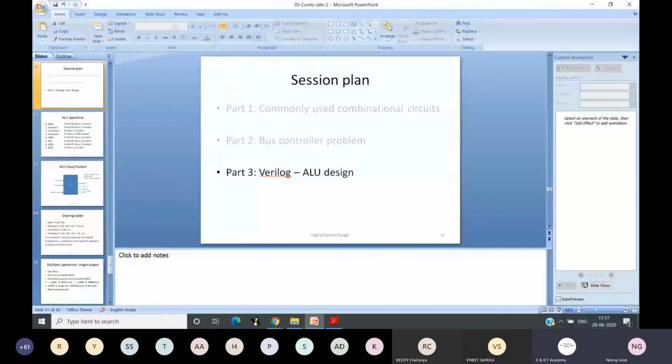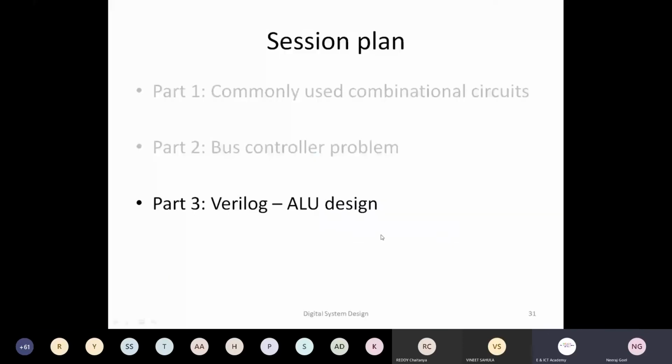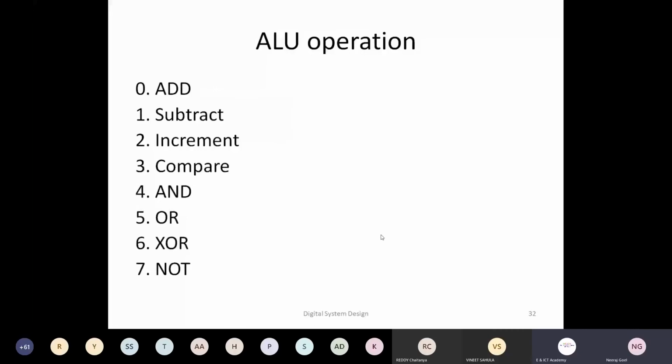Okay, so today in Verilog, what we are going to design is an ALU. The specifications could be various, but for our problem, the specification is something like this: there are 8 operations supported by my ALU: add, subtract, increment, compare. These 4 are arithmetic operations, and these 4 are logical operations: logical and, logical or, bitwise and, bitwise or,